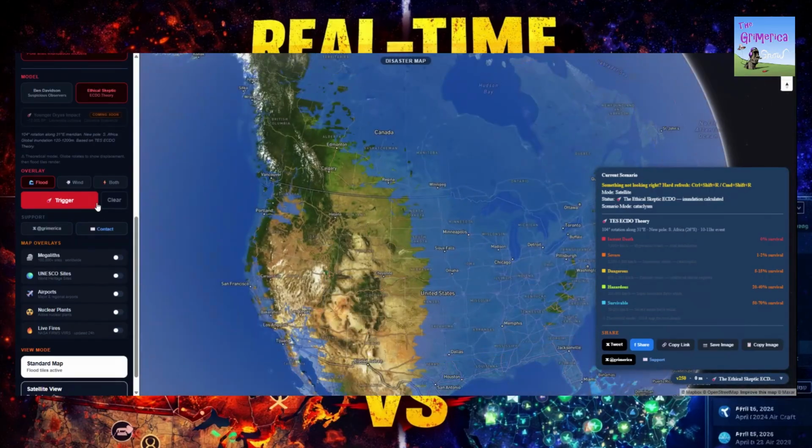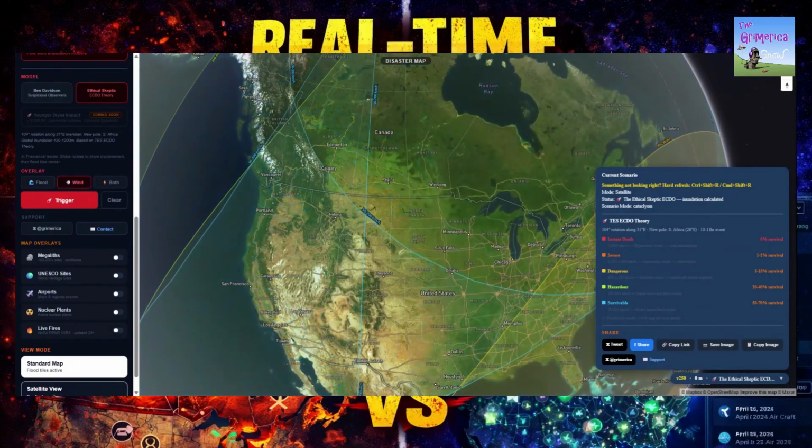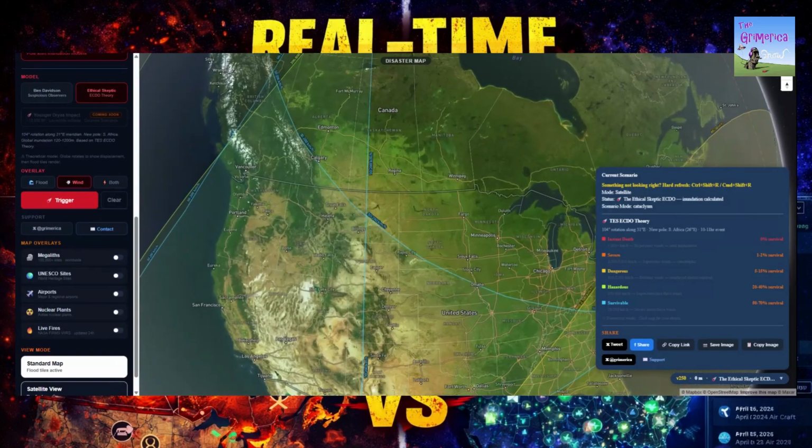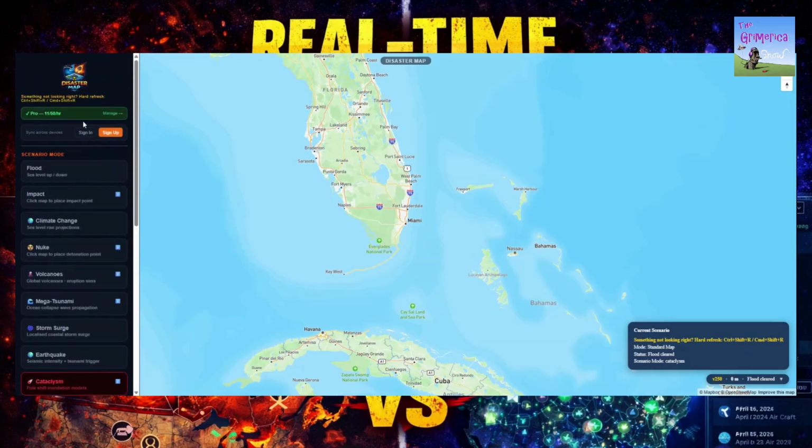And let's see what the winds are like by me. 50 to 200 kilometers an hour. So, not great, but survivable. So there you have it, folks. That is